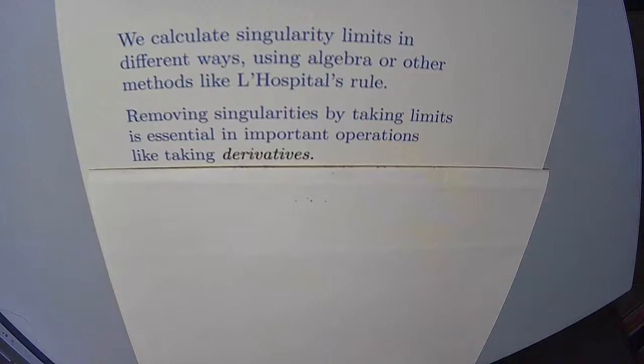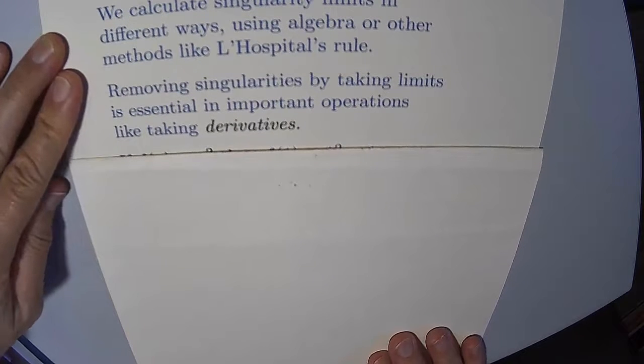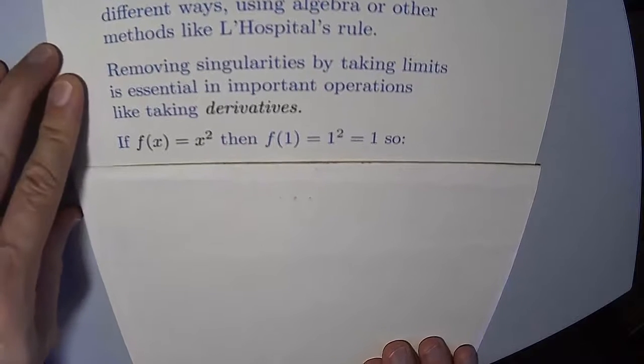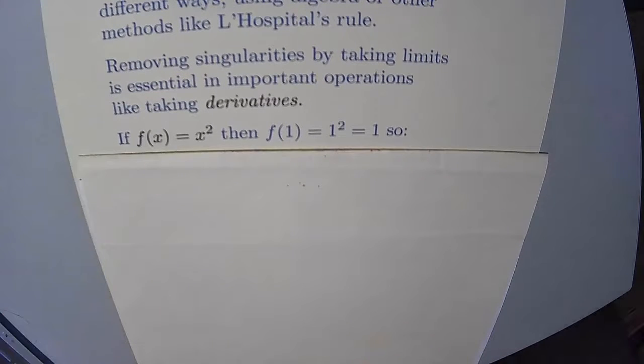This whole idea of taking limits and removing singularities is absolutely essential in the definition of derivatives, and so let's talk a little bit about that. We start with a simple function like x squared, which is very familiar. It's defined for every x. Let's pick an x like x equal to 1, then f of 1 is 1,